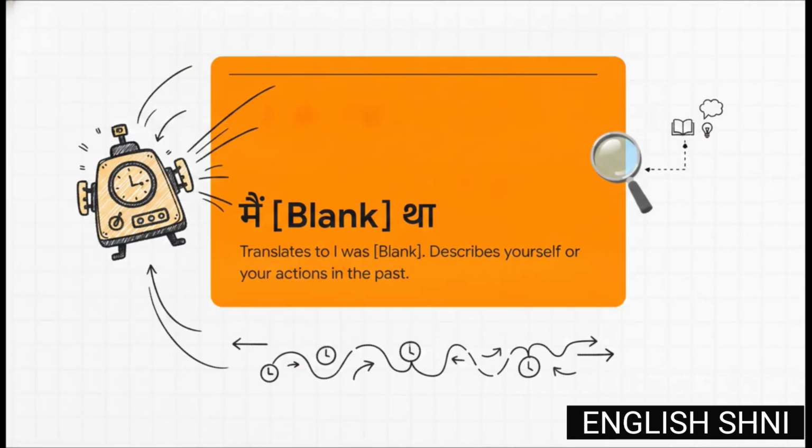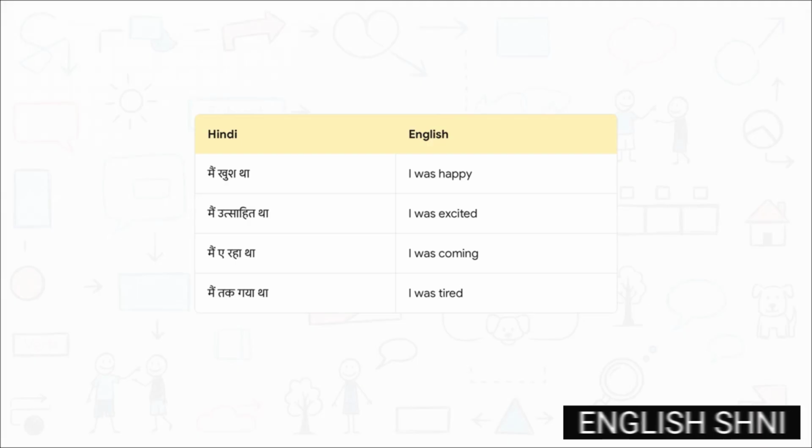And that brings us to our second foundational formula derived from the source material. I was. Honestly, just think of I was as your own personal time machine for anything in the past tense. Just like I am locks you into the present, I was throws you straight into the past. Let's plug this into the words we just learned. You instantly double your conversational ability just by swapping out one single word. Reflecting on a great weekend? I was happy or I was excited. If you were traveling somewhere yesterday, I was coming. Explaining why you went to bed so early last night, I was tired. It really is that easy to unlock a whole new tense.